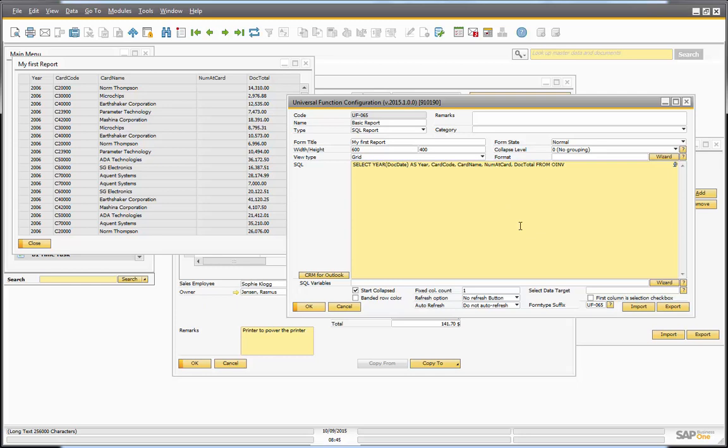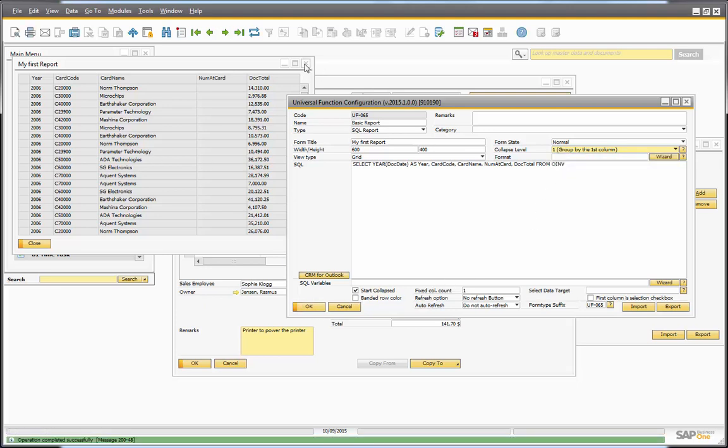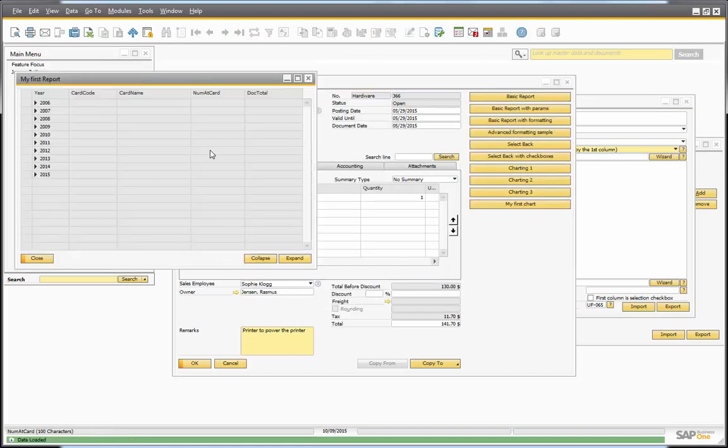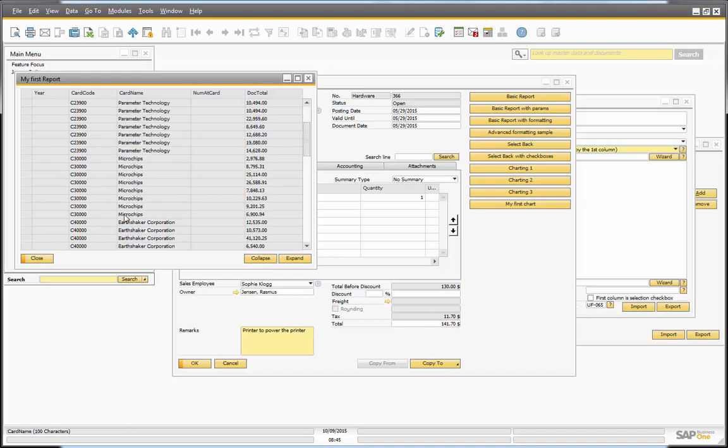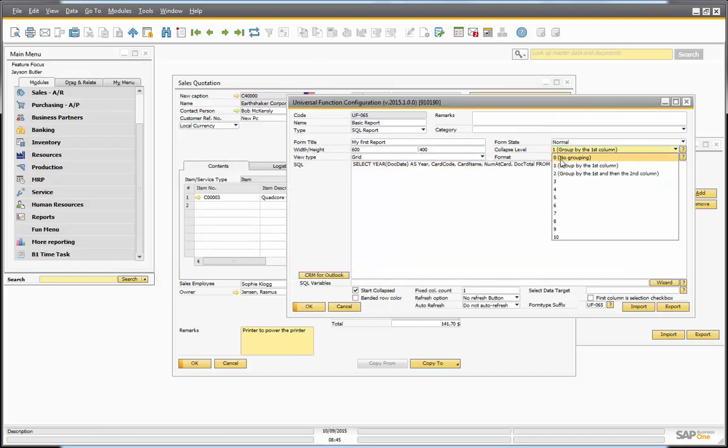What we do is, first of all, we go in and use the collapse level, which is the grouping part of it. In the final one, I had 2 group levels, but let's see it in more steps what happens. If I have it at 0, which is no grouping, it just looks as we see it on the screen right now. But if I turn on the first grouping, we will see that we now have grouping. There's nothing more to it. And it's just by the year, so it's by the first column. And similarly, if I turn it to the second column,